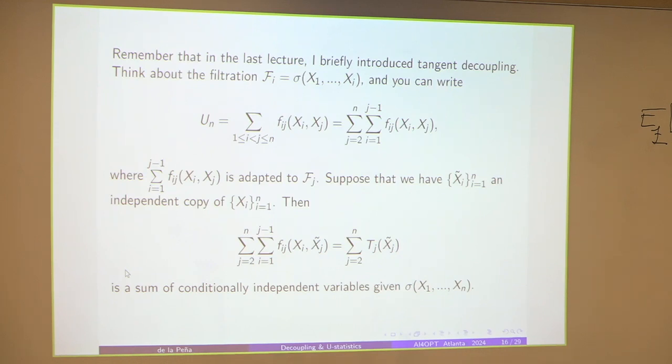Okay, so we're talking about the result, a decoupling inequality that was very useful in extending the theory of empirical processes to the case of U processes, processes indexed by functions. And it was extended by using the decoupling inequality, and then with the inequality one can transfer results for U